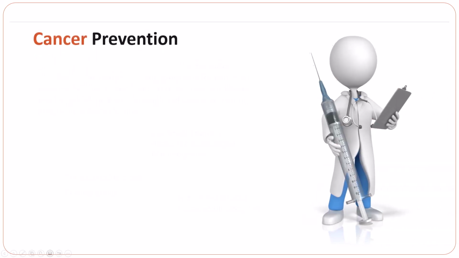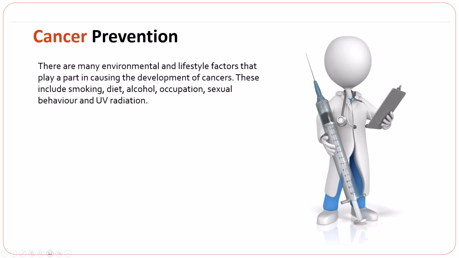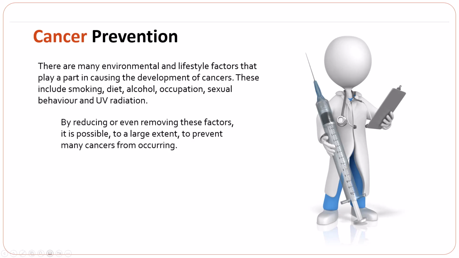Another concept is cancer prevention. How can we prevent cancers from developing? As we have seen earlier, there are some factors in the environment which we can control, and some lifestyle factors. So these include smoking, diet, alcohol, occupation, sexual behavior, and UV radiation, and also certain viral infections. For example,